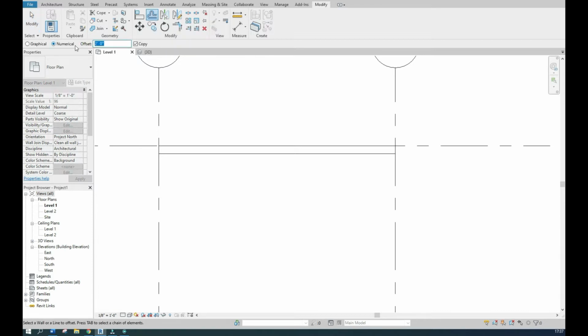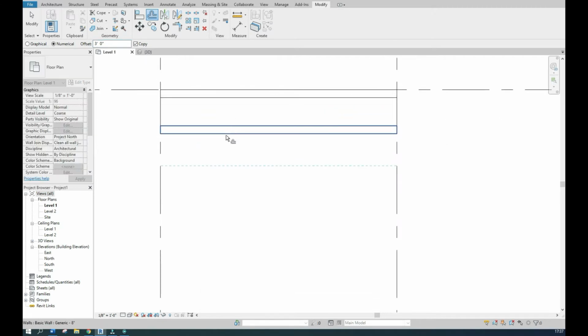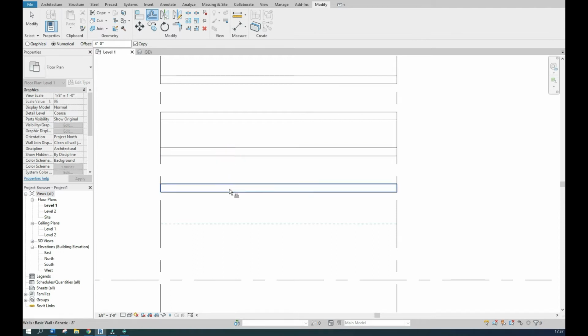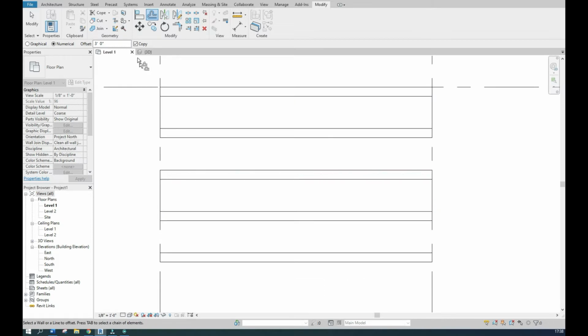Here are some examples. If you don't want to copy the previously selected element, just uncheck the copy button.